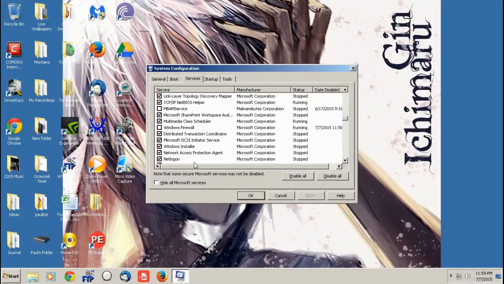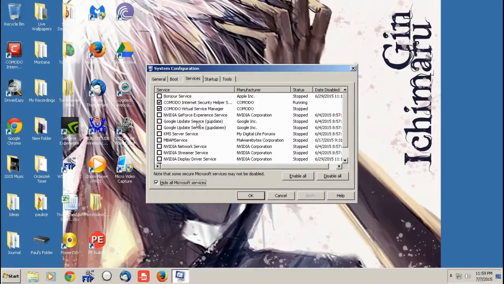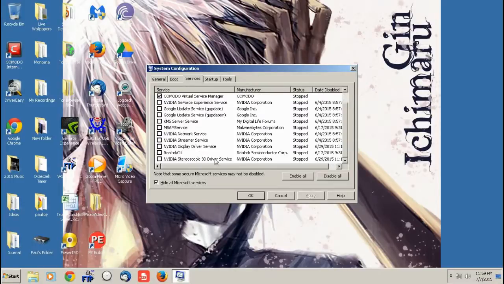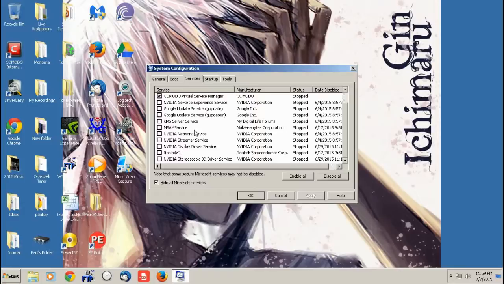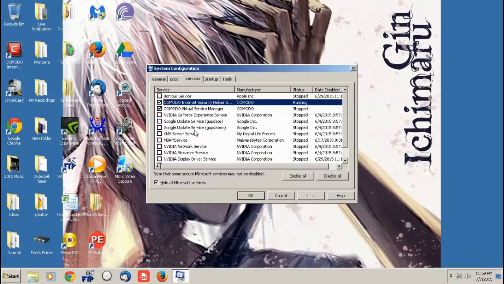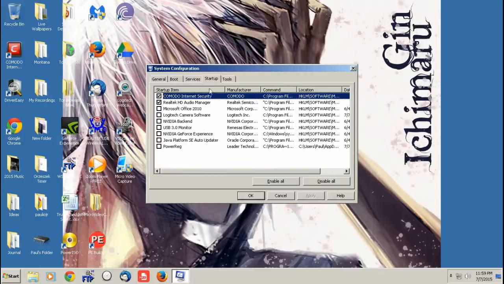But like I said, the one thing that we do want to check is to see if anything has been installed after Windows was installed on the computer, and to see if it's absolutely necessary to run when the computer starts up. If you do have iTunes on it, don't play with any of the iTunes startup. Just leave iTunes alone, because I know I've unchecked even one thing with iTunes before when I had it on the computer, and it basically